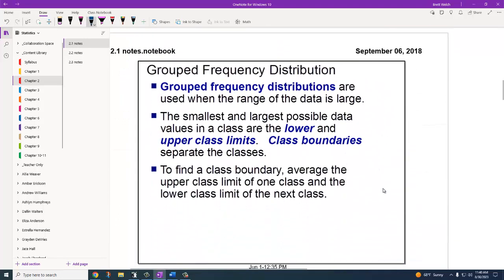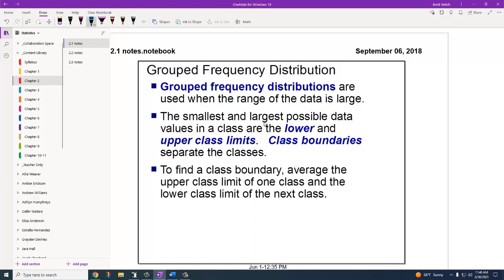Now, when the data is something that's ratio or interval, where we have numbers running from 0 up to 1,000 or whatever that is, we have grouped and ungrouped frequency distributions. When the data range is really big, meaning the low to high number is fairly large, bigger than say 20, or bigger than say even 7, when there's a bigger gap than 7, we're probably going to do what's called a grouped frequency